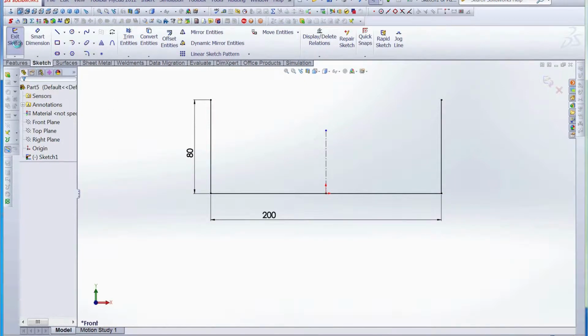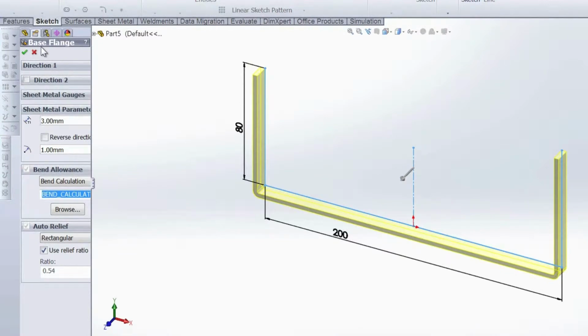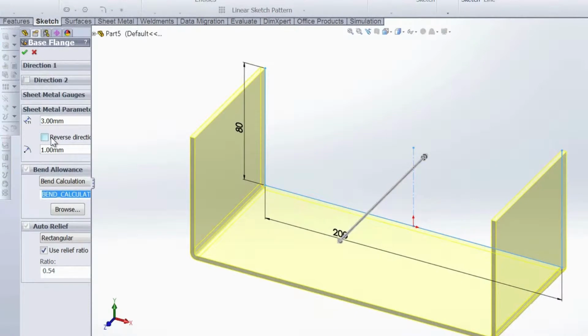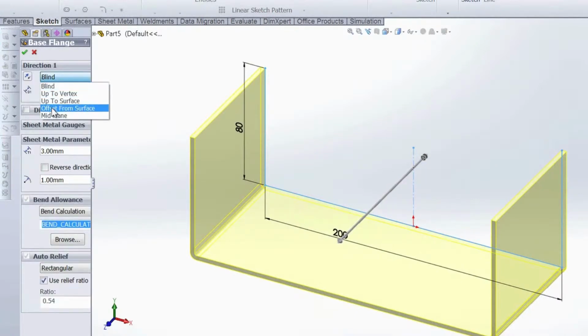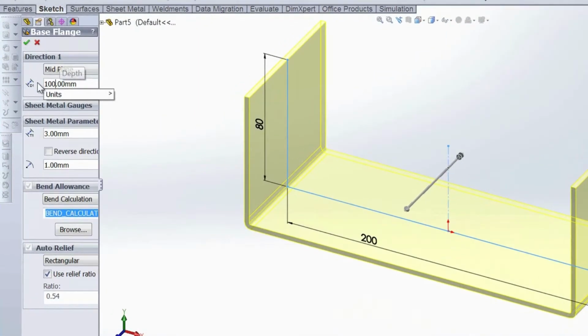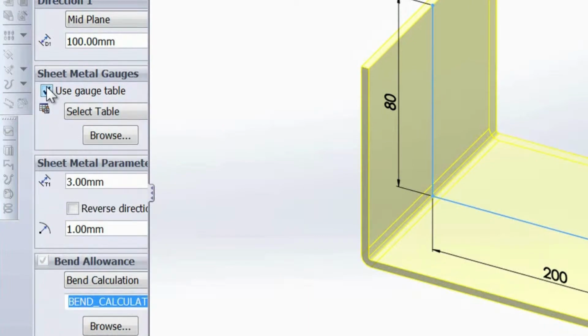Once we exit the sketch, it gives us our base flange property manager. And just like creating an extruded boss or base, we can pull it out with the arrow or define these values by hand. So for direction 1, we're going to set this to mid-plane and give it a dimension of 100 millimeters. We have a sheet metal gauges tab here, and if we click use gauge table, then we have